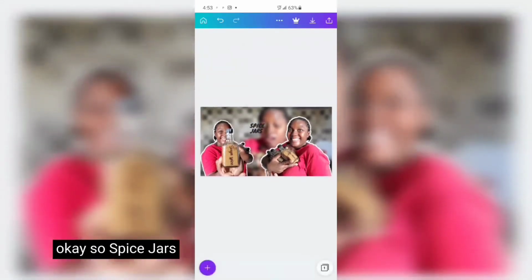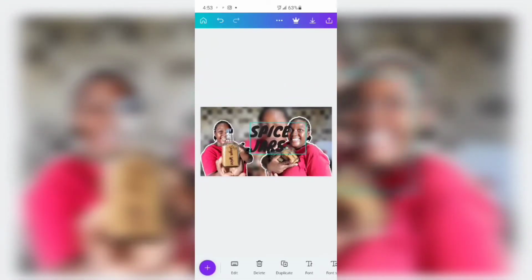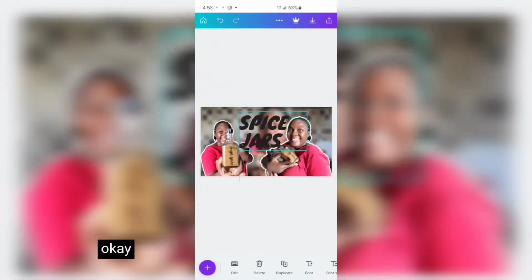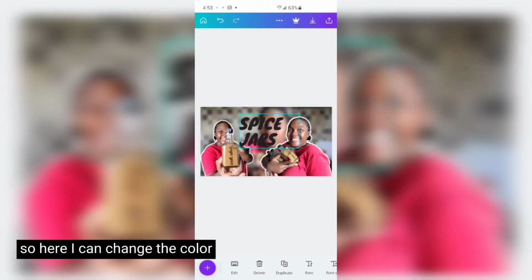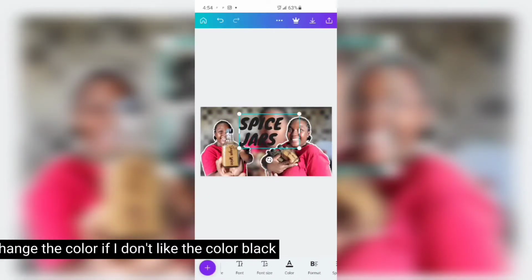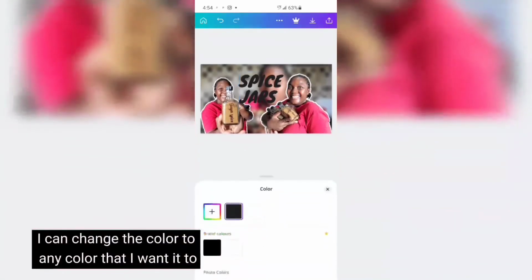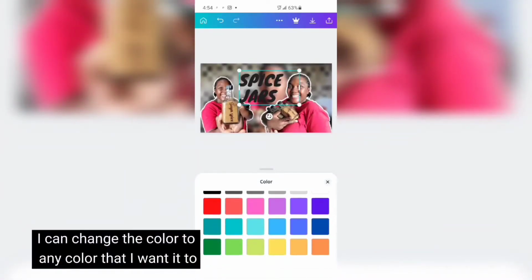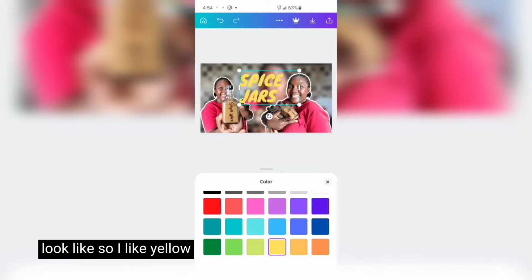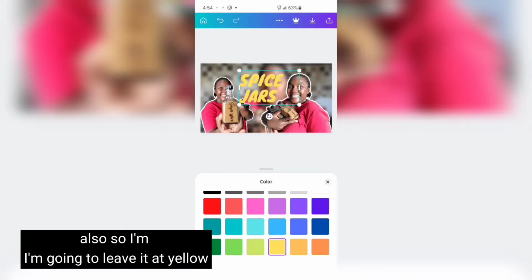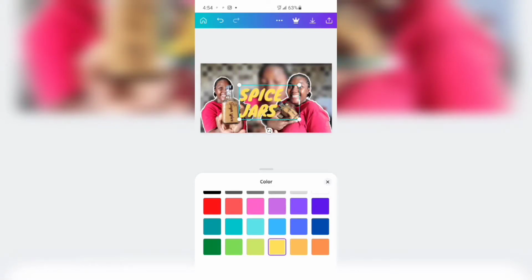Okay, so spice jars. Okay, so here I can change the color. If I don't like the color black, I can change the color to any color that I want it to look like. So I like yellow. Yellow is my brand color also, so I'm going to leave it at yellow. Okay,